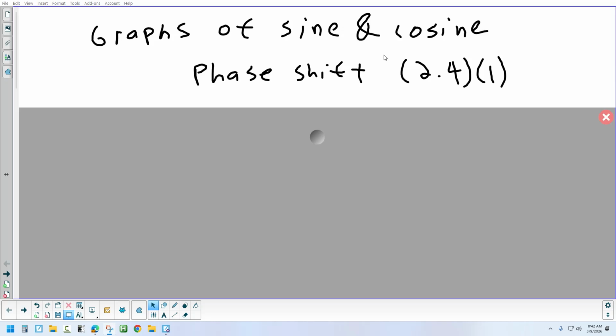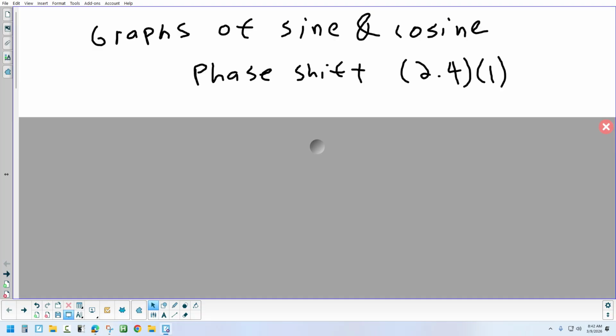All right, so this week we're going to be taking a look at one section, just section 2.4, and it is on graphing. So we've studied a little bit about sine, cosine, tangent, all the different trig functions. This week we're only going to look at two of them, sine and cosine, just those two. And what we're going to do is look at